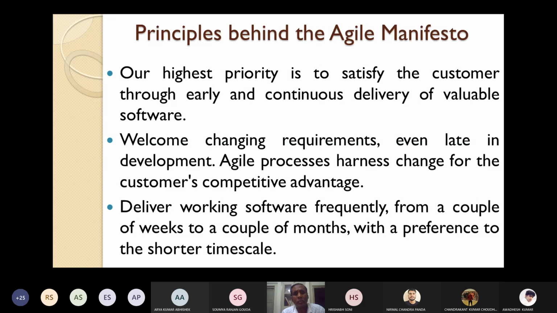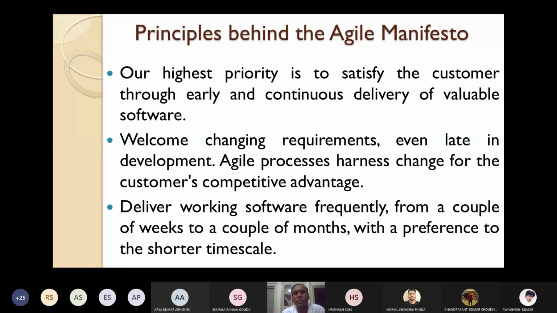Within a couple of weeks to a couple of months, some intermediate working software can be delivered to the customer. The customer does not have to wait years together to get the end product.